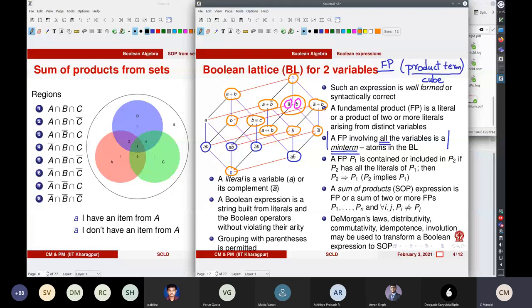That is, every element of the lattice, all of these circles, these are elements of the lattice, and they have, let me just